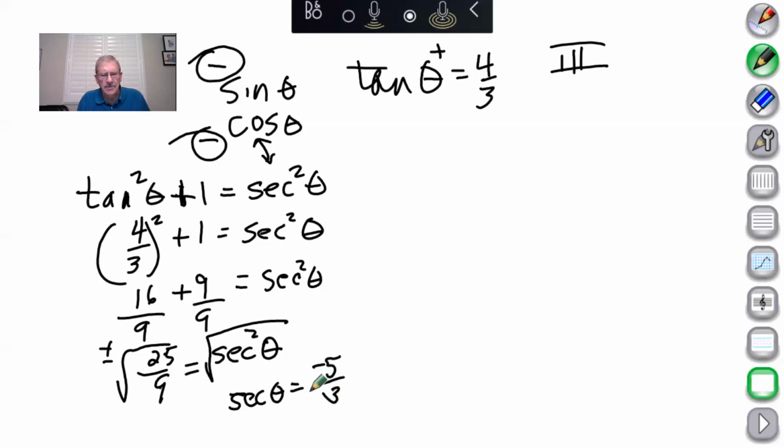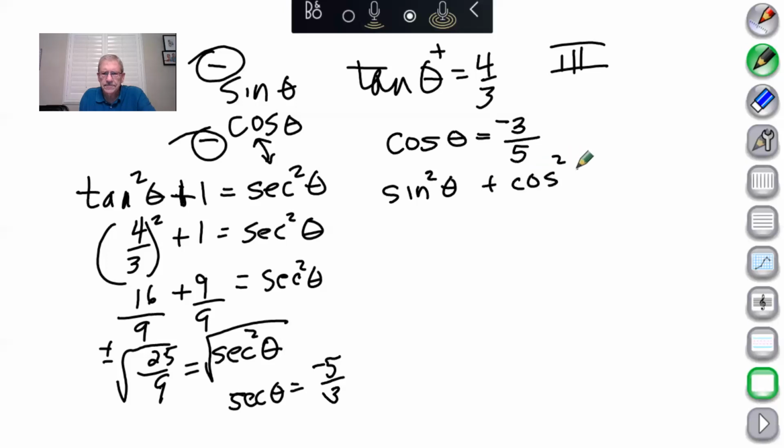So how's that going to help us? Well, since the secant is negative 5/3, the cosine is its reciprocal buddy, so it's got to be 3/5, and it's still got to be negative 3/5. So now we know the cosine. So how do we find the sine? Well, we do it like last time: sine squared theta plus cosine squared theta equals 1. So it's kind of like a detective story. First, we're going to find the secant. Secant didn't lead us directly there, but it kind of gave us a